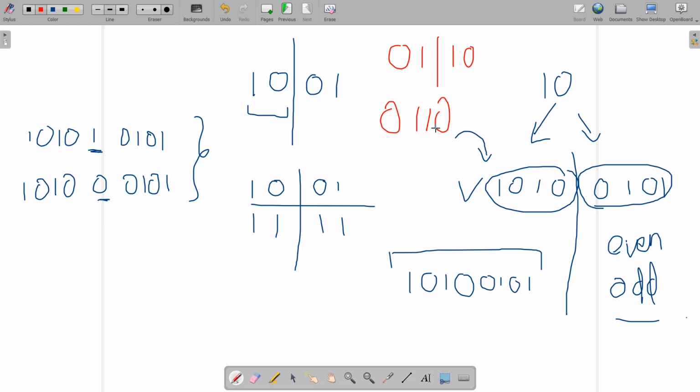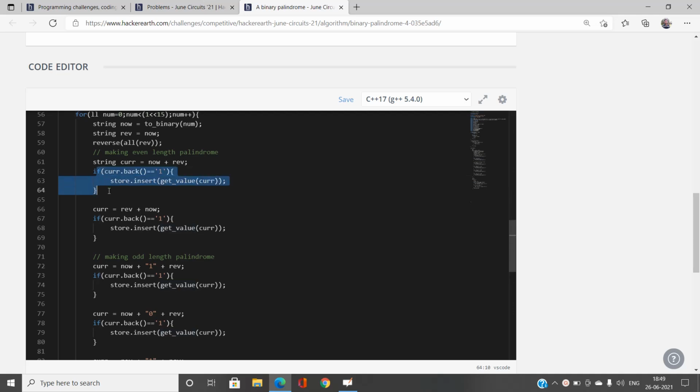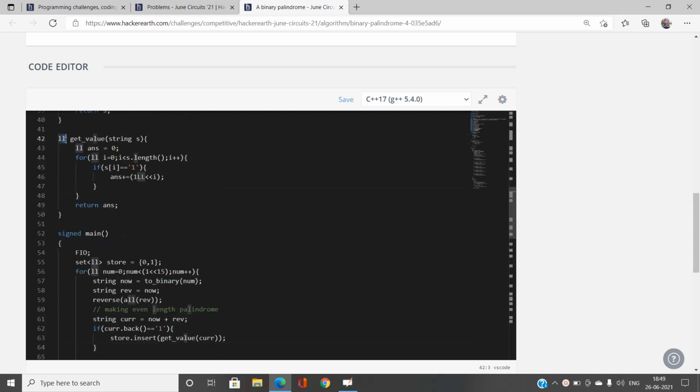You can see that we have some extra zeros at the back, and this is not going to be true. That's why I check it. If current dot back is 1, then only I consider my current number as a valid binary palindrome of a certain number. Otherwise, if it is 1, insert into the set the value of my current number, which is given by the get value function.